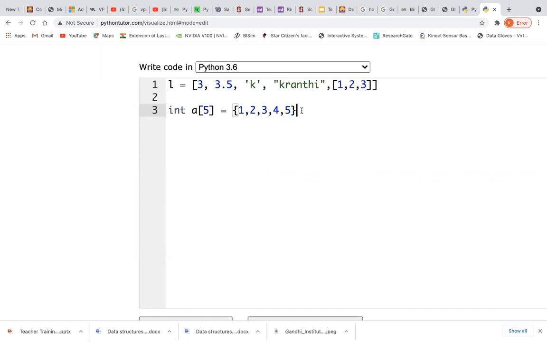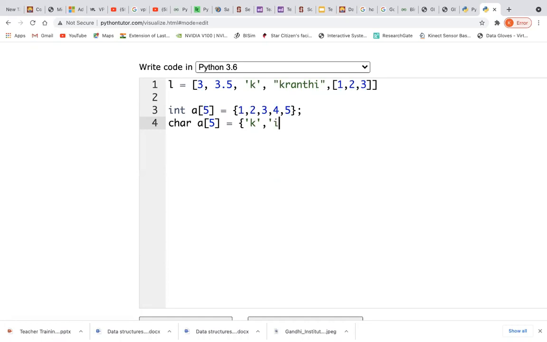Yes, this is homogeneous. That is the reason why we say int a. We never declared any data type for this, right? So it accepts many things in it of heterogeneous origin, but this is homogeneous, in the sense that you only need to insert elements of a single data type. Either you keep floats, or integers, or only characters. So if you want characters, you can say char a of 5, and you can say k, i, r, something like that.